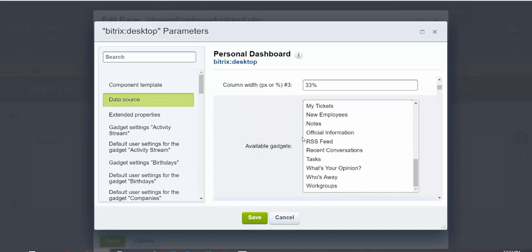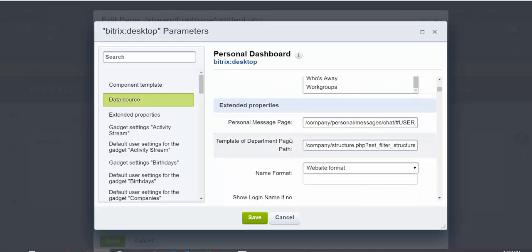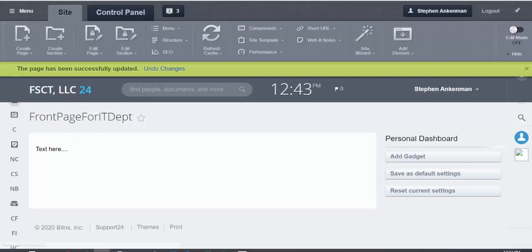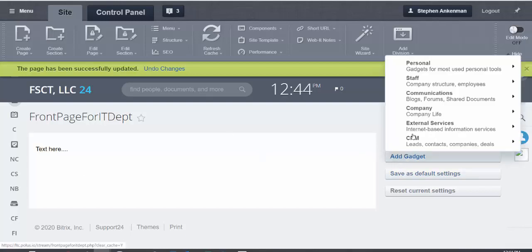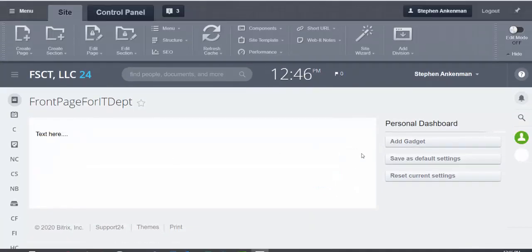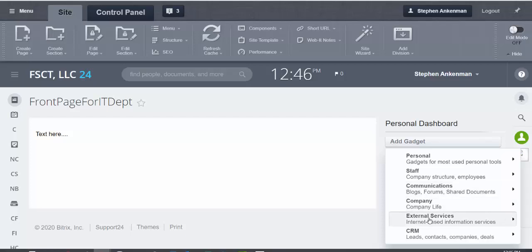However, this is a personal dashboard, meaning it can be configured by an individual user. Let me just show you what happens if I do that. So now I've created this page. I've got a dashboard on it. This dashboard allows me to add gadgets as a person, so I can find an employee. Okay, there it is. I am doing this on the fly here, but here we can, for example, add external